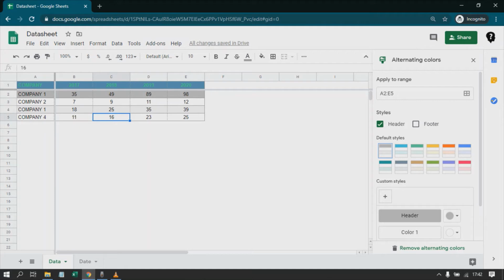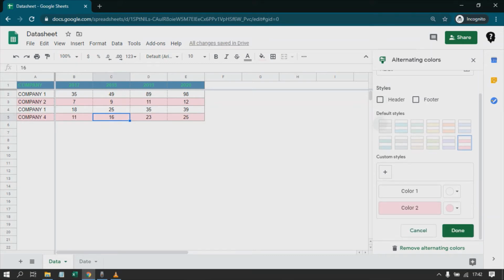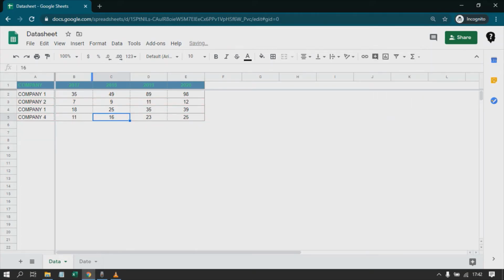Now see here I have not chosen my headers, so I can uncheck this. Okay, now it is appearing in alternating colors, and this is useful for the representation purpose when we have a large data set with us. For the representation, we can choose different color palettes from here to make it more sensible. Okay, you can change this custom style, colors, etc. from here, and you can remove the alternating colors from the same window.